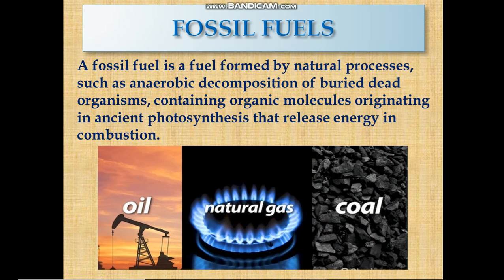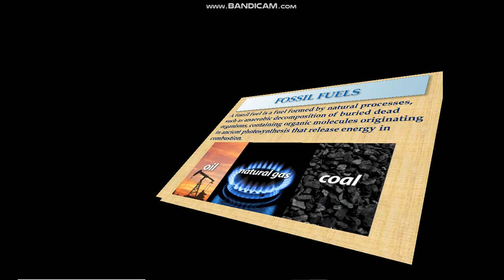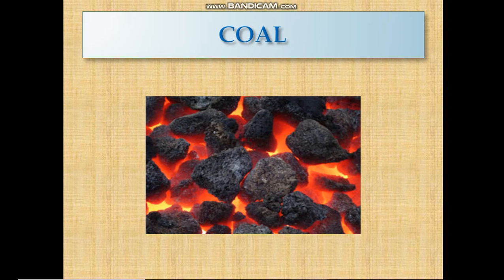So first of all we will study about coal. What is coal, students? According to you, what is coal? You have seen that koila, we say, that is coal. Coal is also a fossil fuel. It is hard and black in color. Coal is found in deep coal mines under the surface of the earth. How it goes under the surface of the earth, that we will discuss in its formation. In India, coal is mainly found in Bihar, Jharkhand, West Bengal, Odisha, Madhya Pradesh. Raniganj, Bokaro.